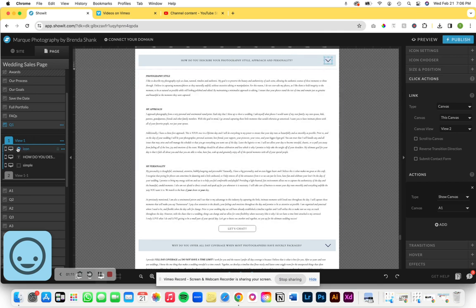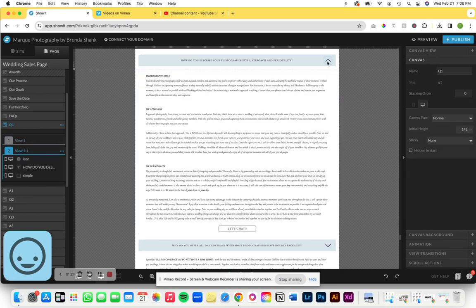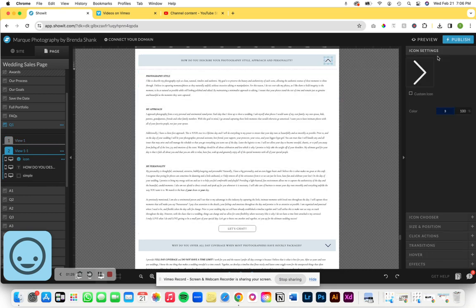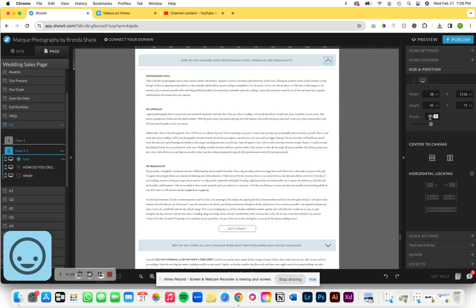To do that, you'll see over here on the left, we created view 2. To make that happen, we clicked these three little dots and just duplicated view 1. When we did that, we then switched the arrow to 270 degrees,